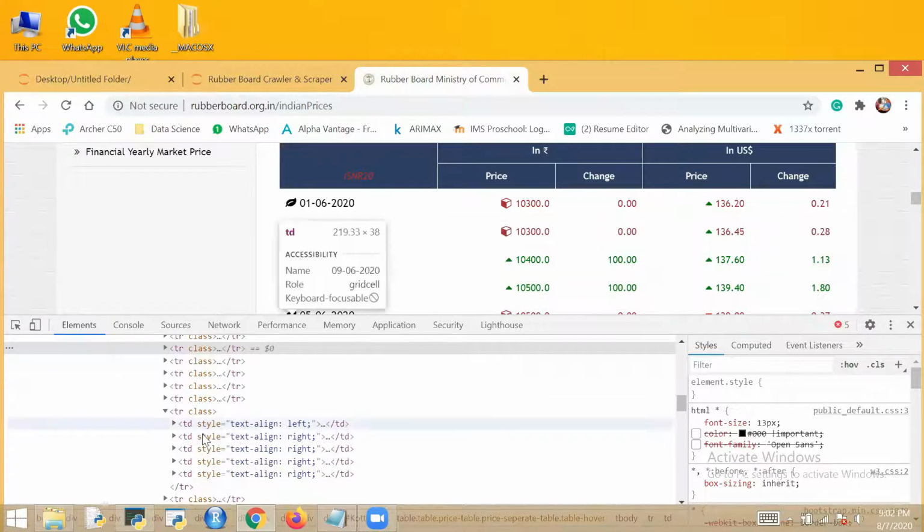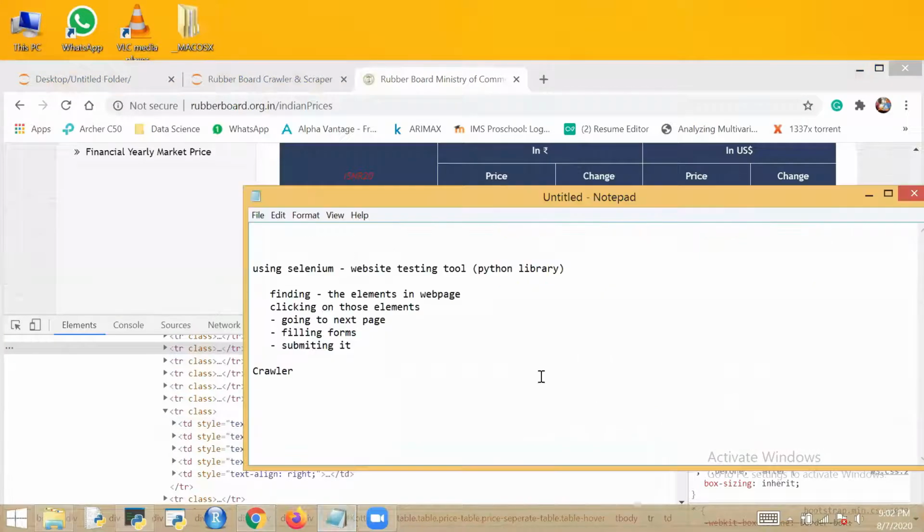Now I have to extract these. How will I extract this? I will give td.text. Whenever you are left with some kind of td and the text is there, and again td, if it is a Beautiful Soup object, you can always use .text.